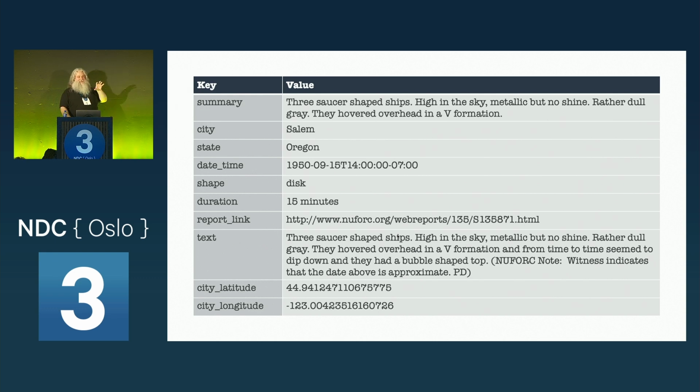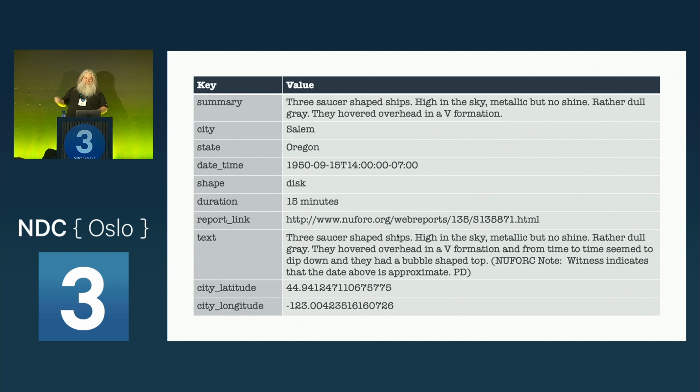He also did an analysis to determine where the UFO sightings tend to occur. It turns out like 80% of them happen within 100 kilometers of a US airbase. Shocking. He did similar things with Bigfoot, where he would look at the Bigfoot data and do clustering algorithms to figure out where they tend to be grouped, and ultimately found out that you can find Bigfoot in the woods. So, and here I thought he was my father.